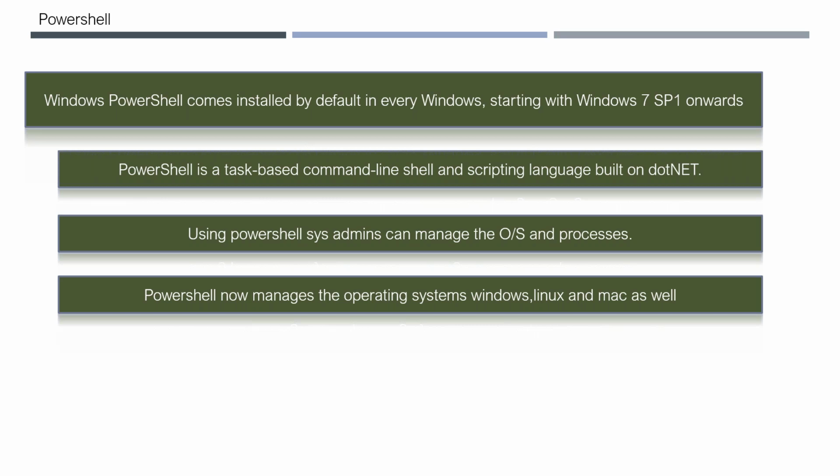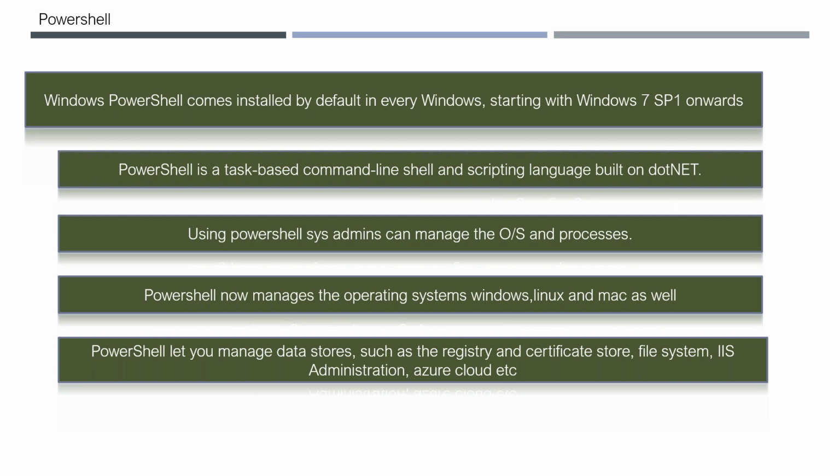Basically, you kill the processes, you create the processes, whatnot. Whatever you do manually can be achieved by using PowerShell. If I have to broadly categorize what PowerShell can do, it can manage your file systems, meaning you can create, delete, or update folders or files, or manage permissions. Then you can install or delete certificates, and then you can do the IIS administration, nothing but some housekeeping activities on IIS, managing the app pools, etc.